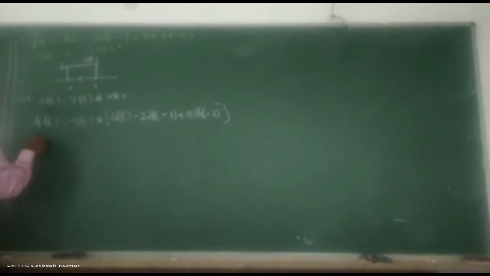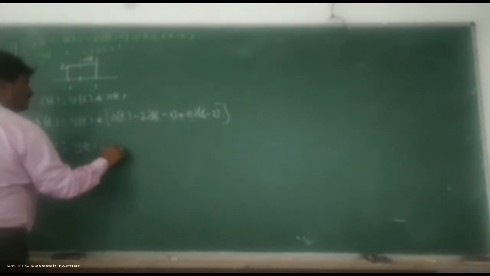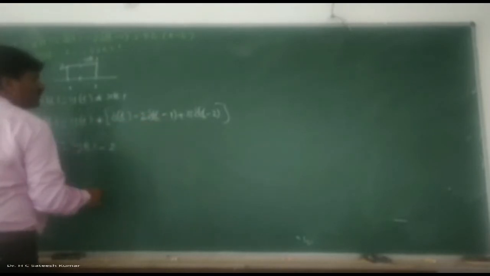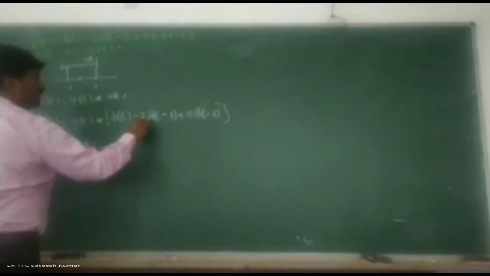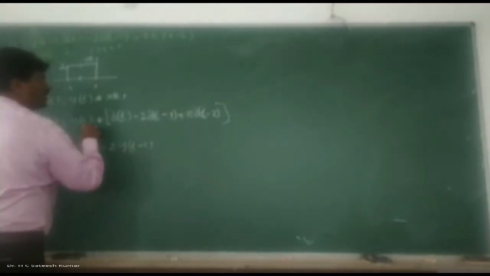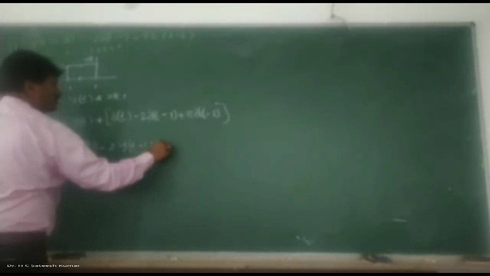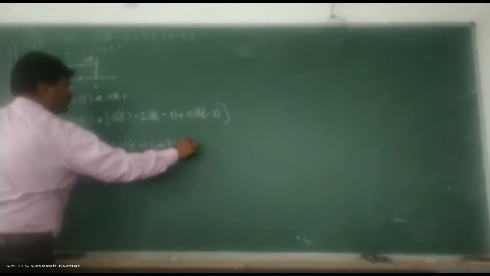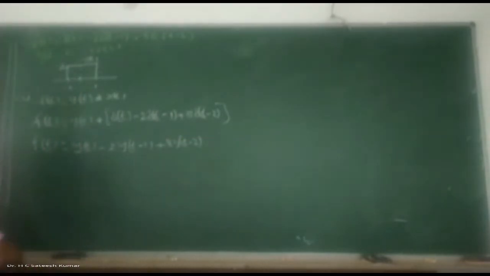Okay, right. So f of t is equal to, use the property: y of t convolution delta of t is y of t. Minus 2 into y of t convolution with 2 delta of t minus 2, delta of t minus 1 is what? y of t minus 1. y of t convolution with 8 delta of t minus 2 is 8 y of t minus 2. That's it. Sketch the y of t.